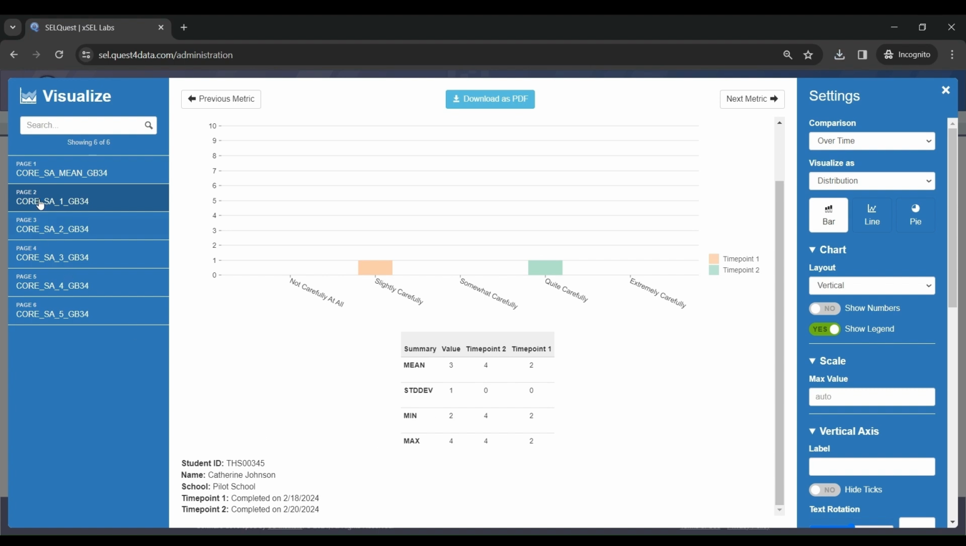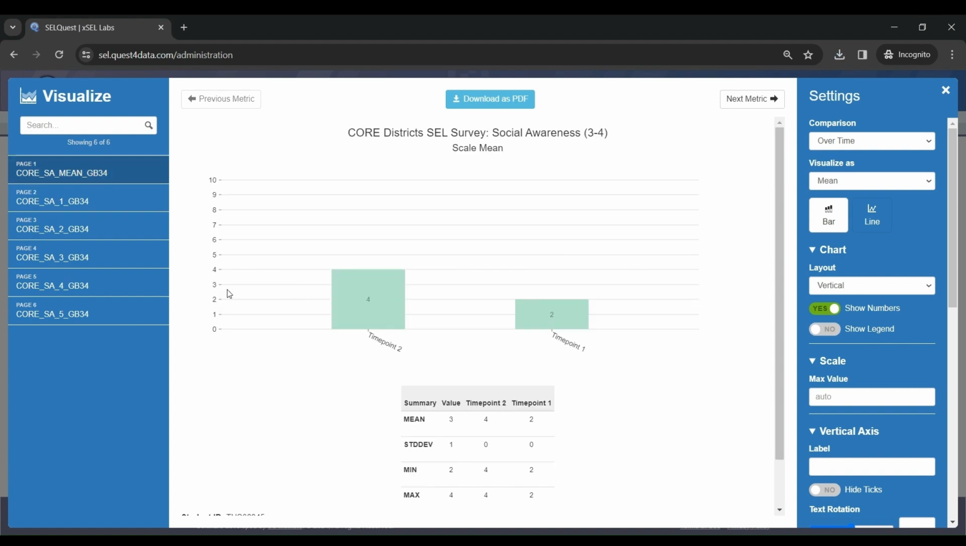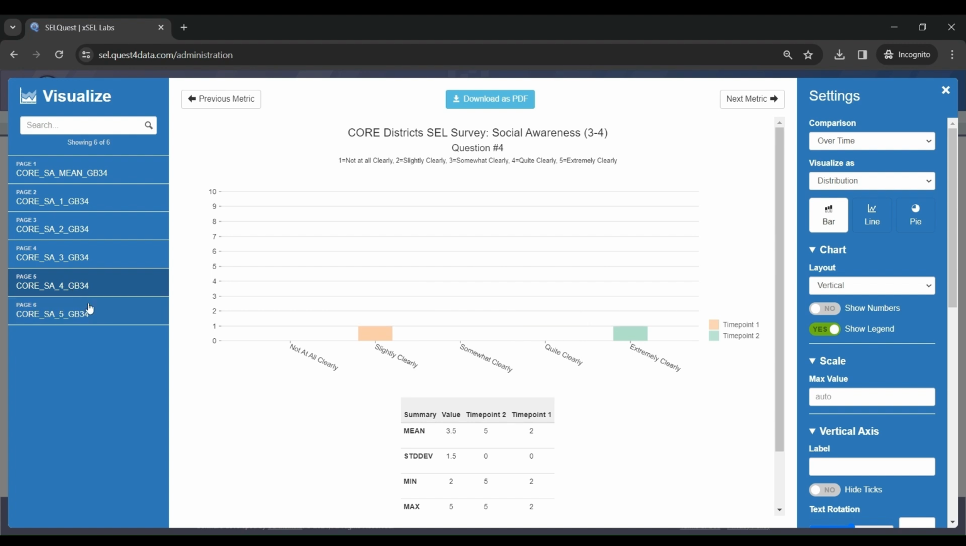The first page will show the scale means or summary scores for the selected assessment scale. In this example, you can see the Core Social Awareness scale across 2 time points. The chart shows that the student scored lower the first time they took the assessment, indicating an improvement over time. The remaining pages feature a chart depicting the chosen response option for each question in the assessment. In this example, the charts show the student's chosen response options for each of the 2 time points that the